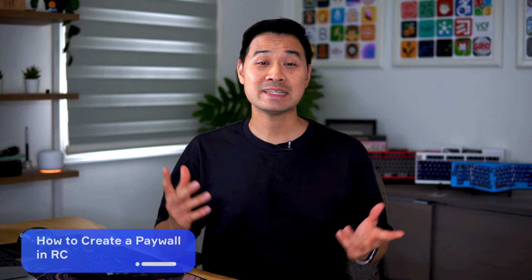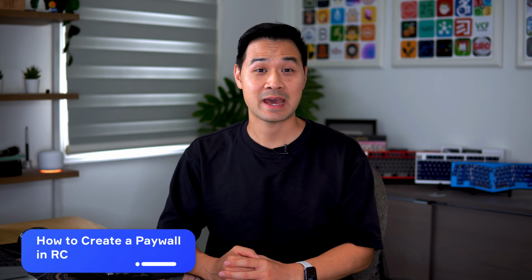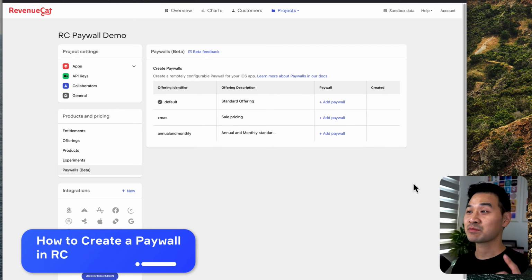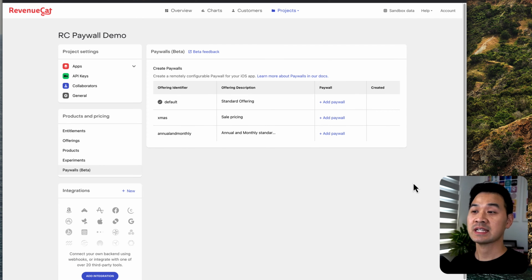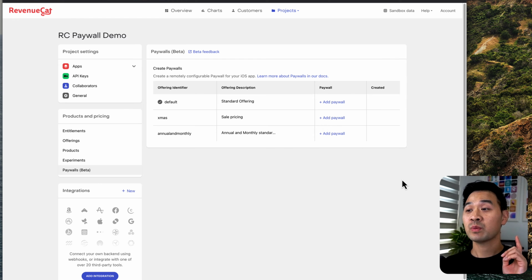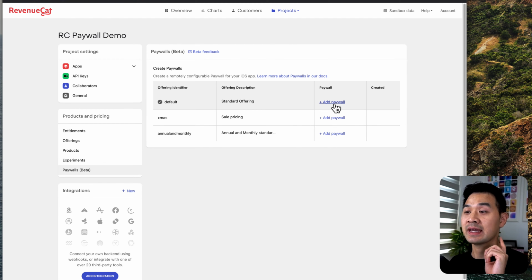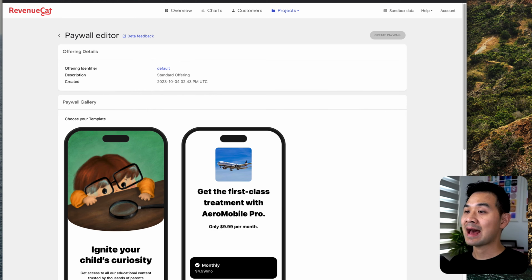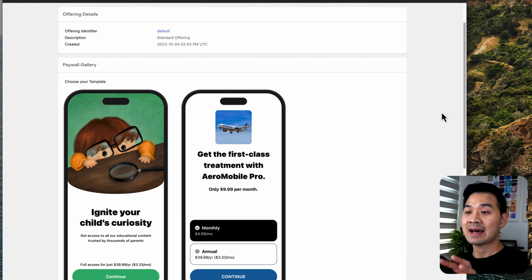Now let's take a look at how easy it is to create a paywall in RevenueCat. So here I am in my RevenueCat dashboard looking at my project. As you saw in the slides before, we have 3 offers and you can create a paywall for each of them. So I'm going to go ahead and create a paywall for my standard offer, which is a single option of an annual subscription. So click on Add Paywall and we can select one from the gallery as a starting